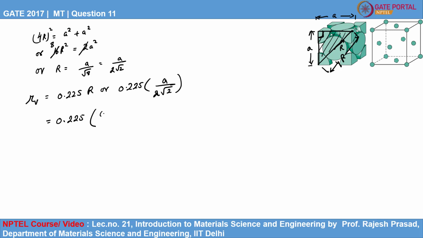It is 0.401 nanometer, and upon solving you will get the result as 0.0318 nanometer. So this is the radius of the sphere that will fit into the tetrahedral void, whose lattice dimension is